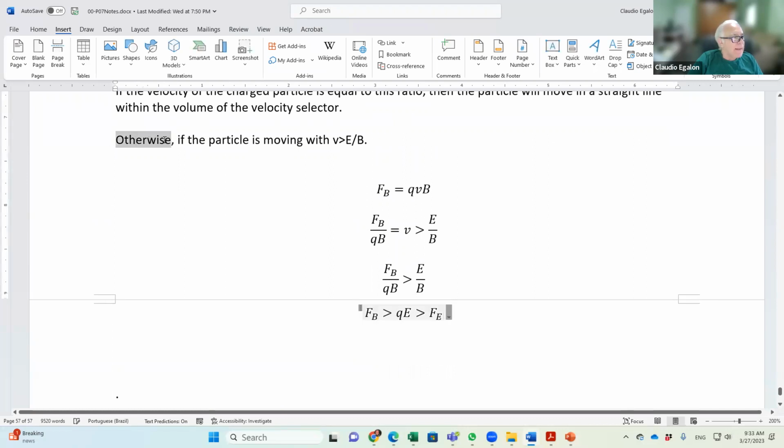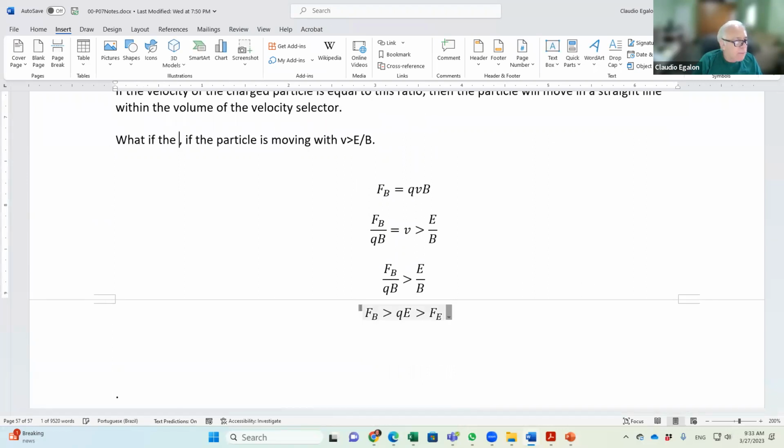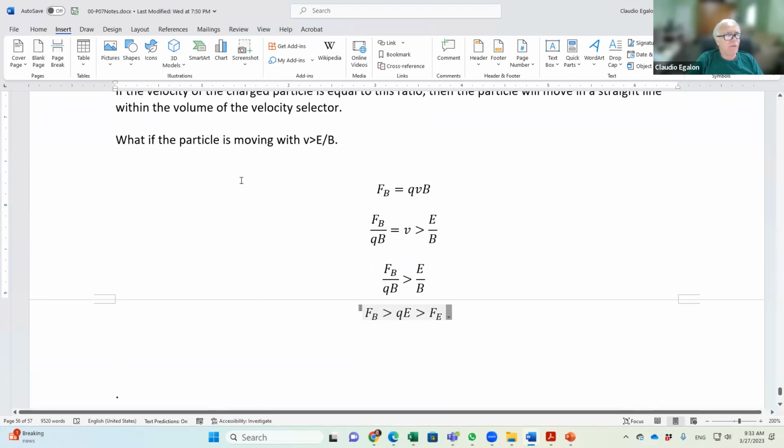What if the particle is moving with V greater than E over B? The magnetic force is going to be QVB. We are making a statement here that V is greater than E over B, which implies that the magnetic force is going to be greater than